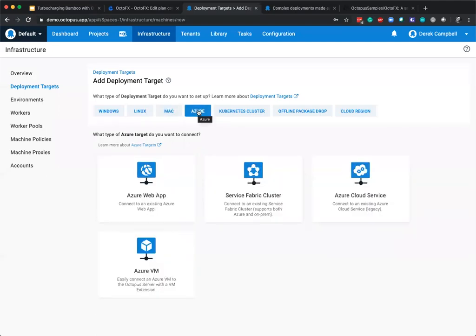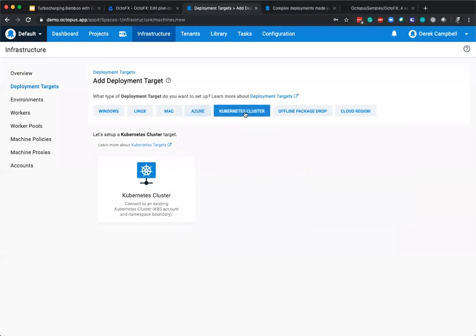We do have a range of Azure services here, where you've got an Azure Web App, Service Fabric Cluster, Cloud Service, Kubernetes Cluster, and then offline package drop in cloud regions. Okay, so